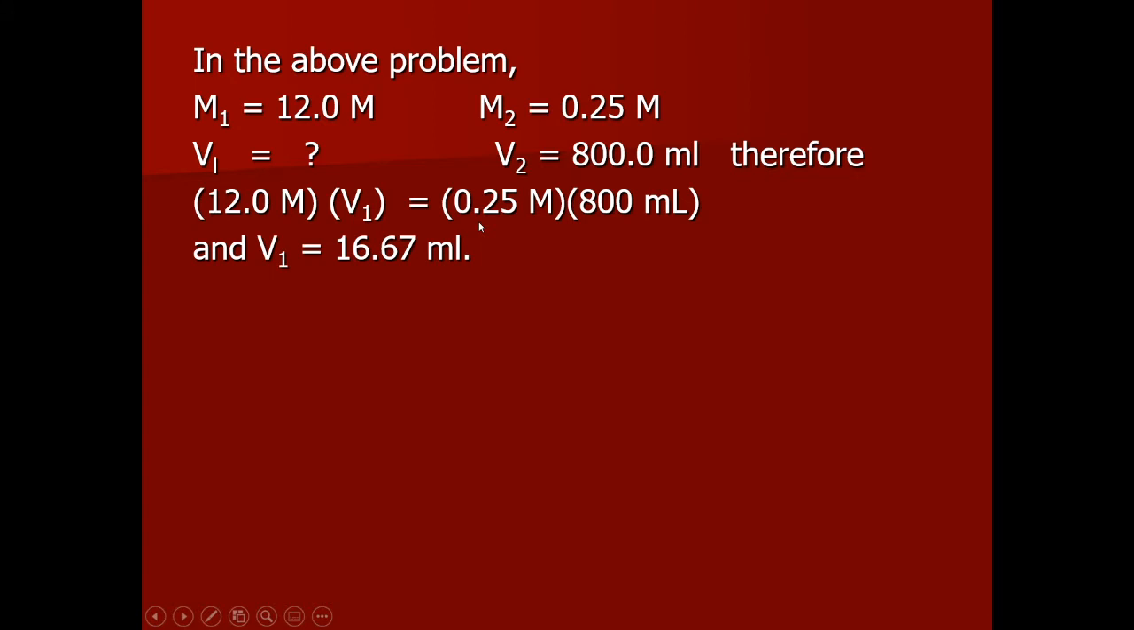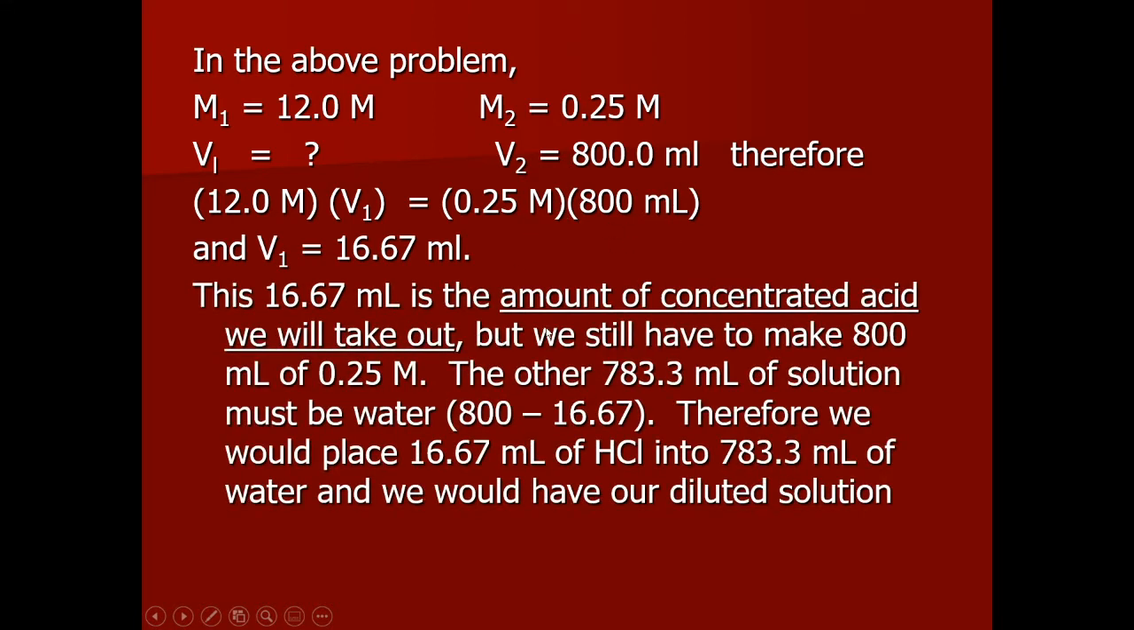Okay, remember, this problem is called a dilution. We're going to dilute it. So we're going to take 16.67 milliliters of the concentrated solution, and then we're going to dilute it with water till we get the desired volume that we're looking for. So in this case,